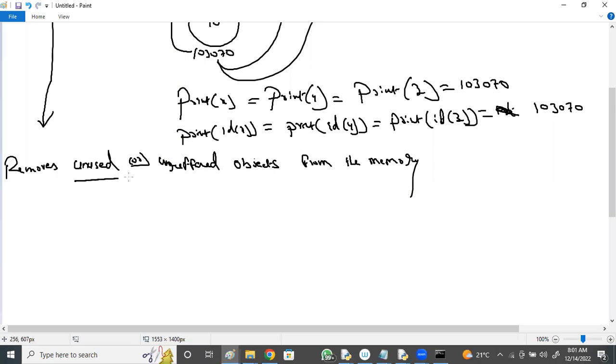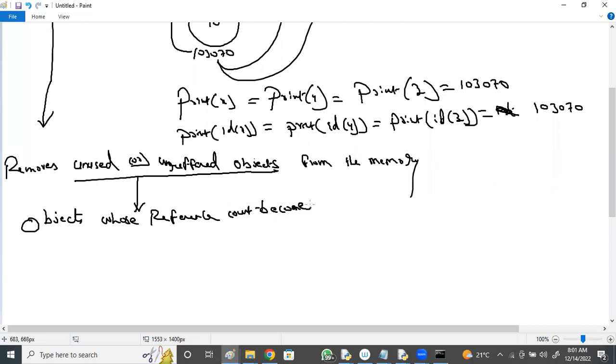What do you mean by unused or unreferred objects? Objects whose reference count becomes 0. Those objects we call unused or unreferred.